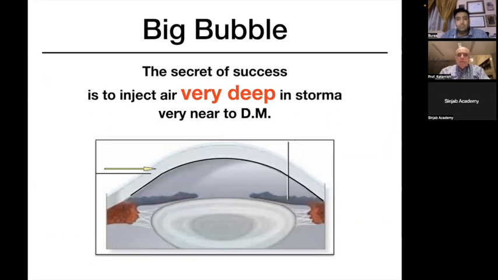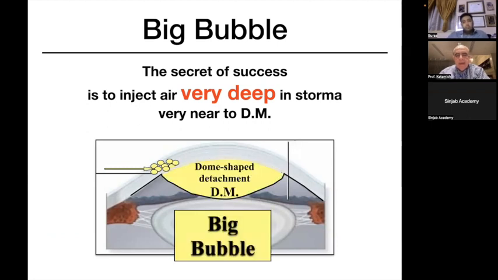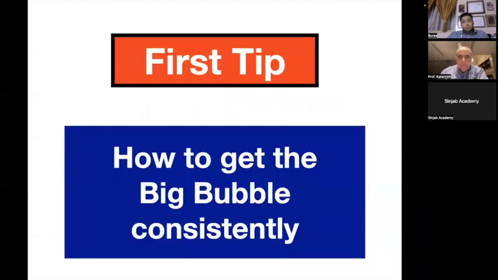The secret of success is injecting air deep in the stroma. When you inject the air in the stroma, the bubbles will form until gradually the pressure will build up until we make a descending membrane detachment, what is called the big bubble. I will go through the